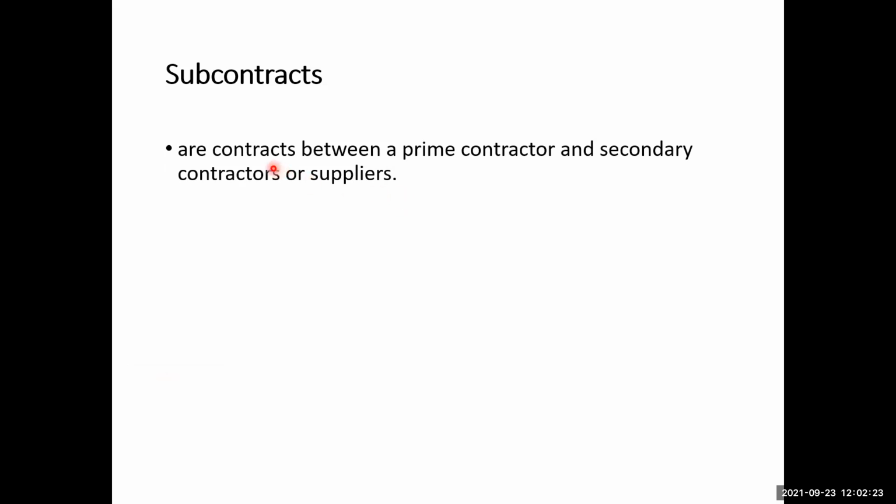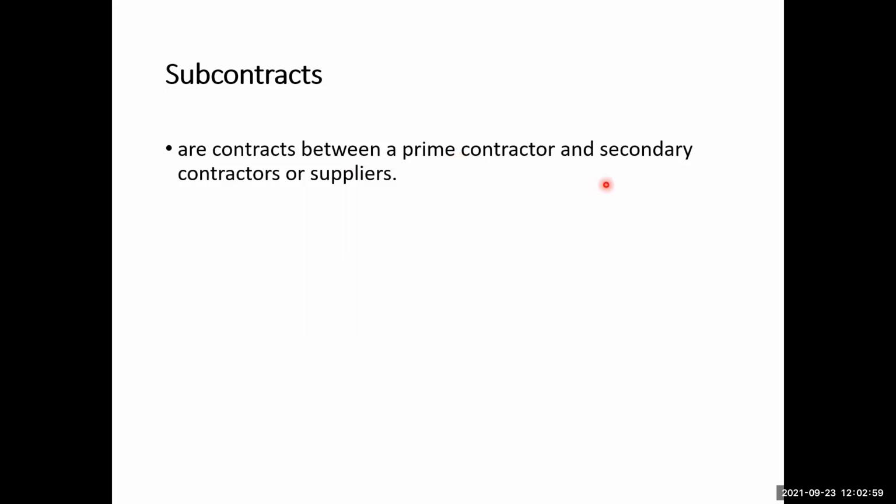So that means when a main contractor, that is, we normally call them the general contractor or the prime contractor, is awarded the contract, then that contractor wants to perform some specific works for which some other contractors have the specialty, then that prime contractor